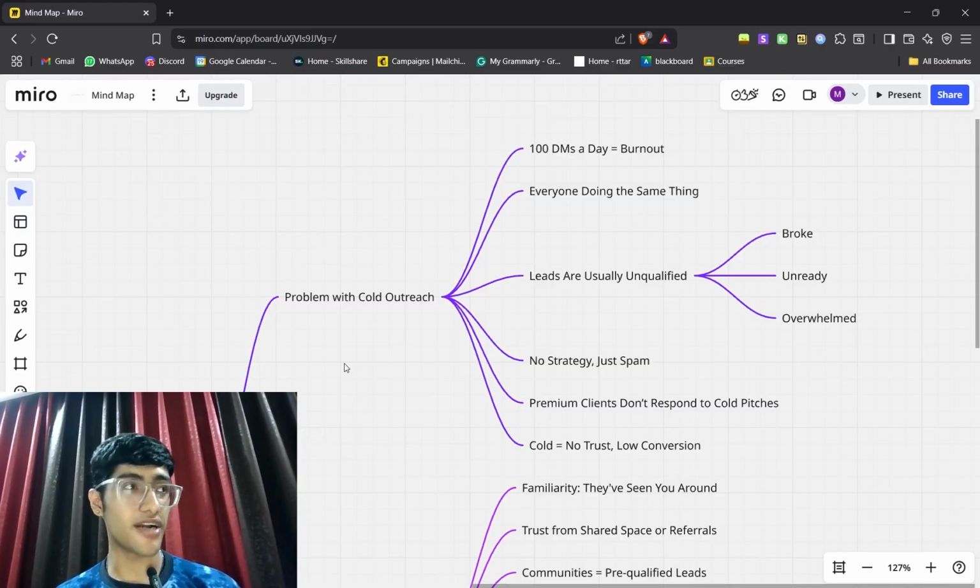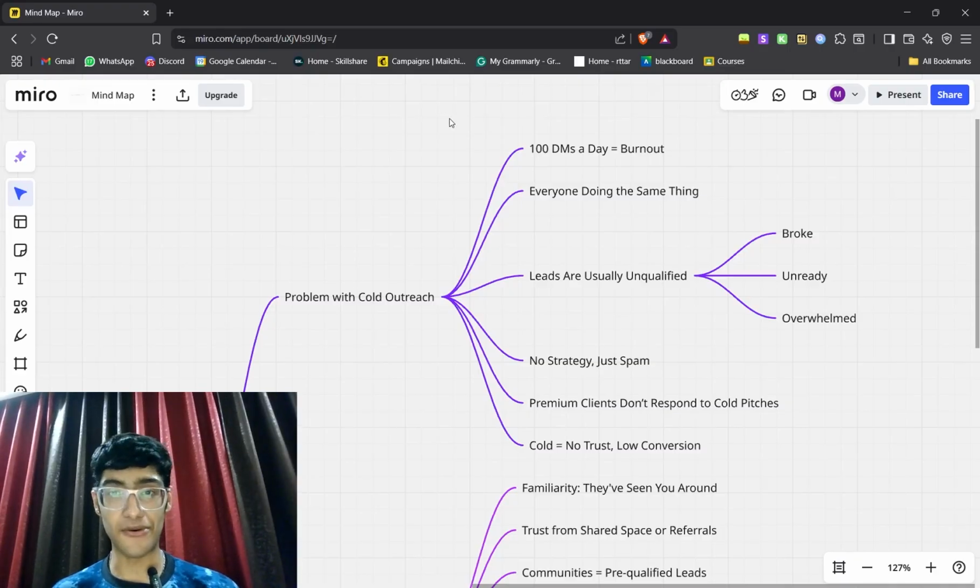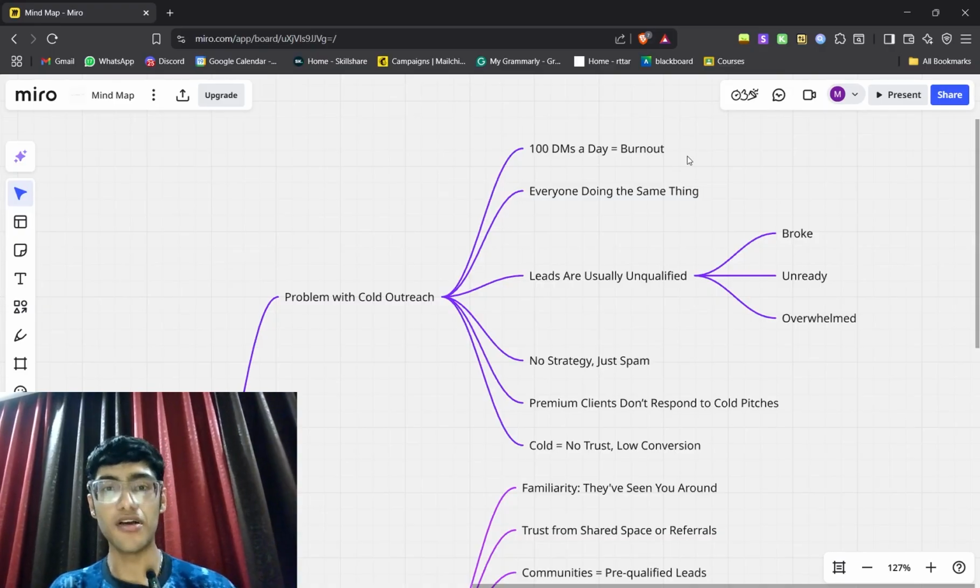And then you slow your potential, you can't reach many leads, and even if you reach many leads, the chances of them opening your hyper personalized email or DM is very low. So everyone here knows that sending 100 DMs a day is going to equal burnout. And also everyone is doing the same thing, watching YouTube and seeing the same cold email templates and sending them to their clients or prospects, right?